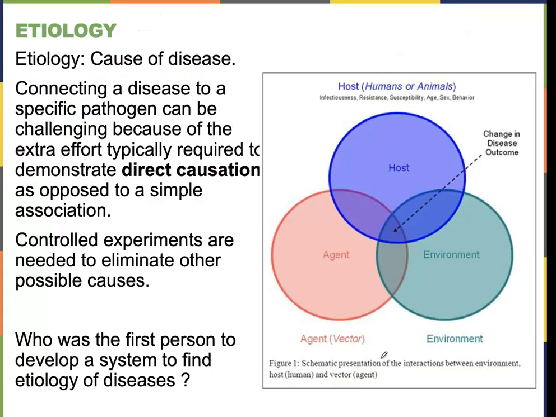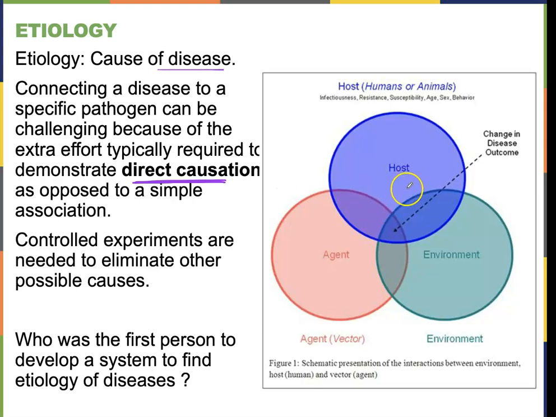All right. Okay, so etiology, right? The cause of the disease. So we want to connect. So let's say there's a new disease, like when HIV first came to our conscious awareness, right? It was a new disease. People did not know what caused it, right? So they had to look into the cause, and linking something to a direct causation is kind of difficult because diseases can manifest in different ways.